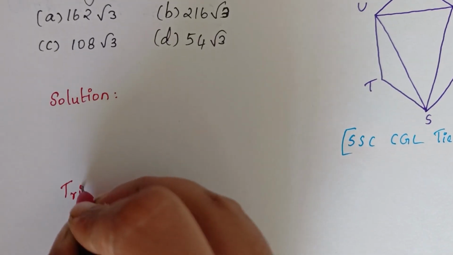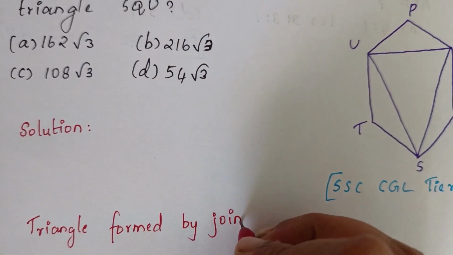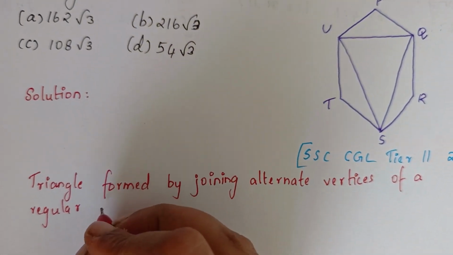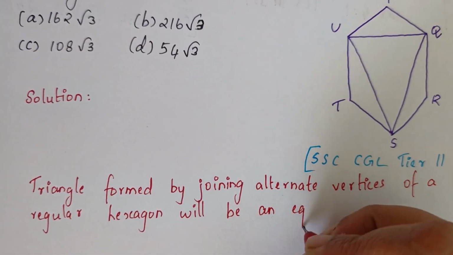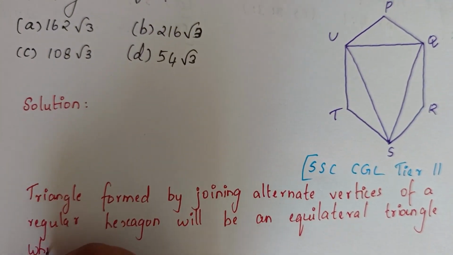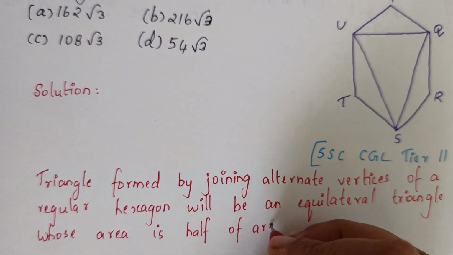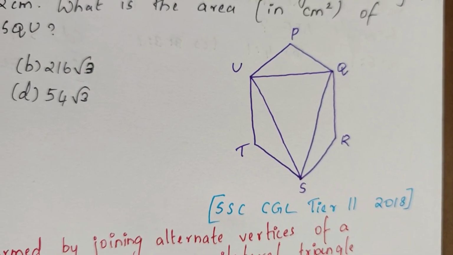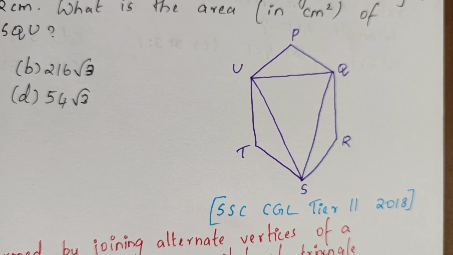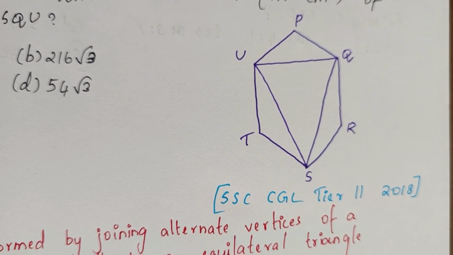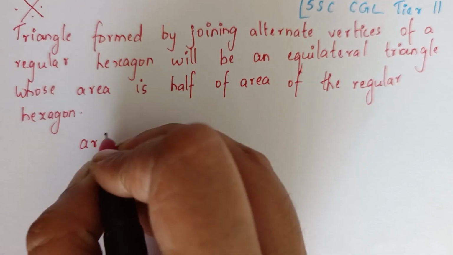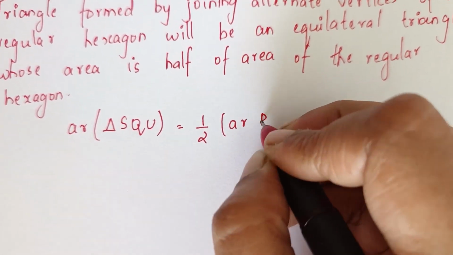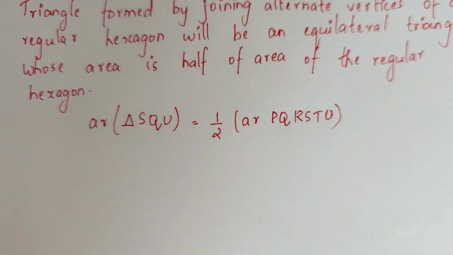Now in order to solve this question, you need to remember this point, that is triangle formed by joining alternate vertices of a regular hexagon will be an equilateral triangle whose area is half of area of the regular hexagon. So this point is very important. So here triangle SQU is formed by joining alternate vertices of the regular hexagon PQRSTU. Thus area of triangle SQU is half the area of PQRSTU, that is half into 6 into root 3 by 4 a square,